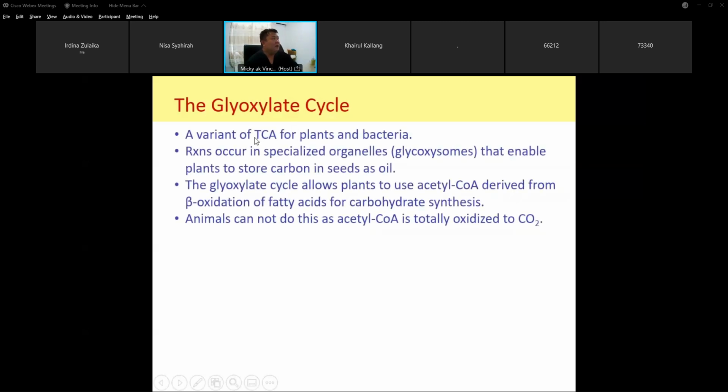Right? Now, the glyoxylate cycle is a version of the Krebs cycle, selalunya for plant and for bacteria. Kalau plant selalunya di dalam biji, in seeds. Biji kelapa sawit, biji jagung, biji getah, in the biji, right? So the reaction occurs in a specialized organelle. These organelles are called